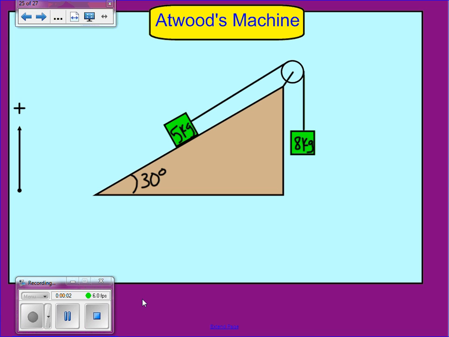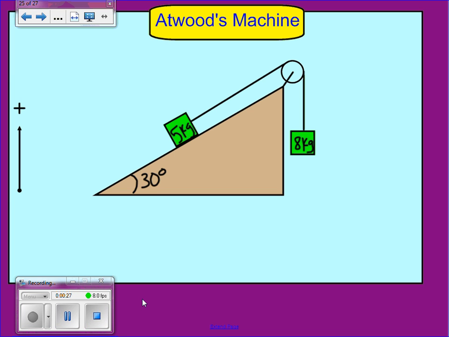All right, this is the third and final video for the Atwood machine, and we're leading up to difficulty here. You can already see from the diagram and the picture that this is probably going to be the most difficult out of all three. But it's definitely not undoable. Sorry about that. It is definitely a doable problem